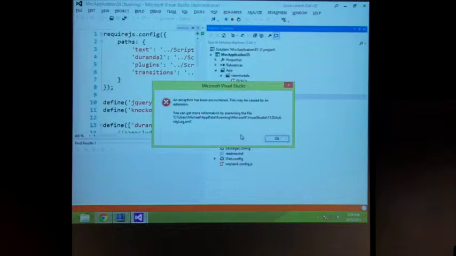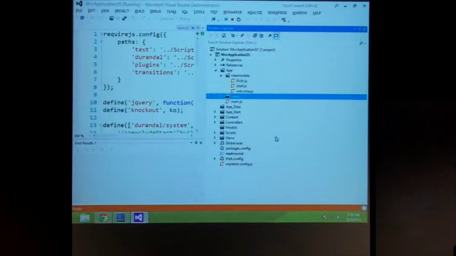It only happens when you're doing a demo. I don't even know what Visual Studio